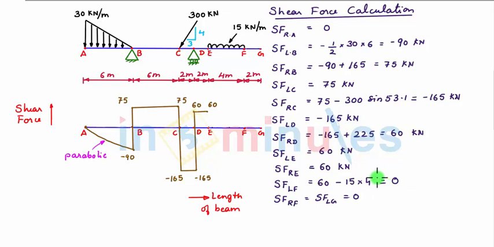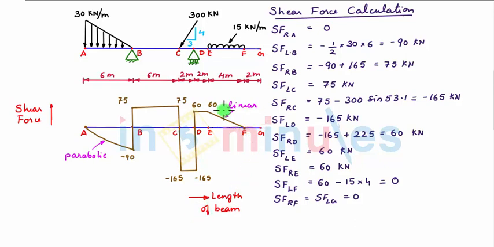Now shear force towards left of F is 0. So we denote 0 shear force at point F. Now we see that between point E and F we have a UDL. So the variation of shear force between point E and F will be linear, which can be shown by inclined straight line. Next we see that shear force towards right of F as well as towards left of G is 0. That means the shear force variation along this part of the beam FG will be along the 0 line.